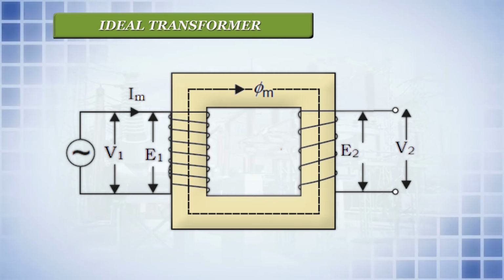Why? Because there is no resistance in the primary winding, so we are assuming that the resistance of the primary winding is 0. So there will be no voltage drop on the primary side, so you can say V1 is equal to E1. And on the secondary side, the induced EMF is E2, and here we are also assuming that in the secondary side there are no ohmic resistances or losses in the secondary winding, so the voltage V2 that you are getting is equal to the induced voltage E2.